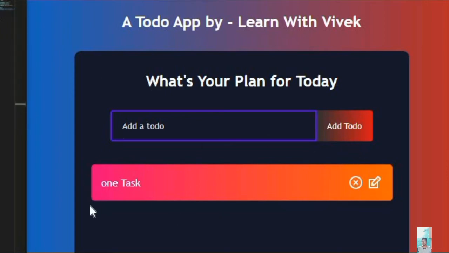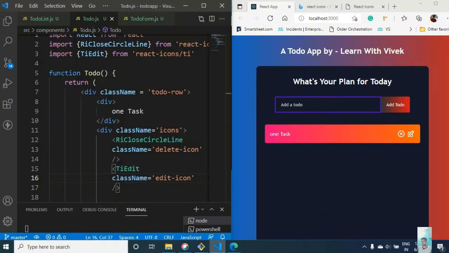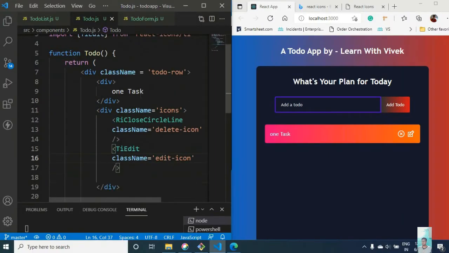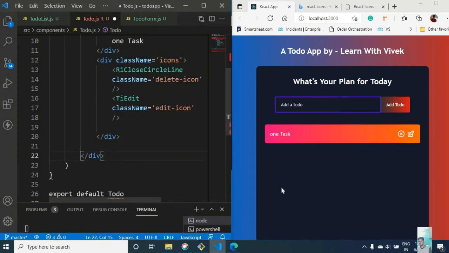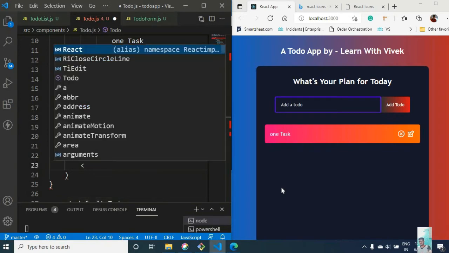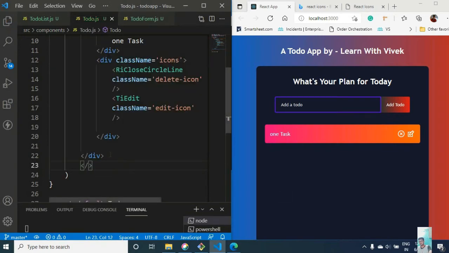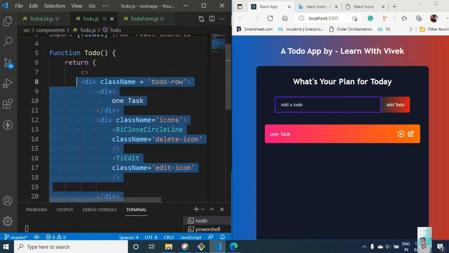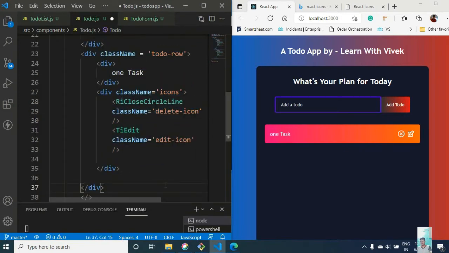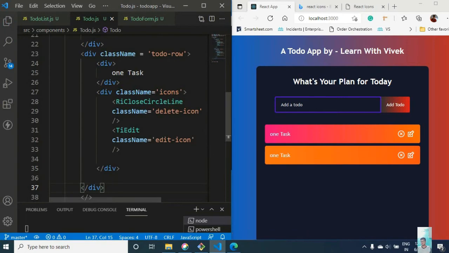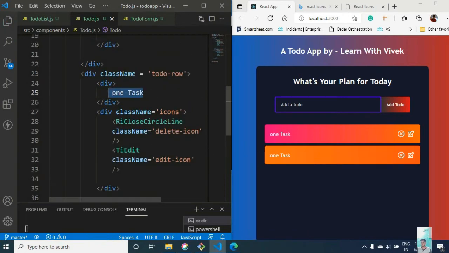So next we will add functionality. So we are writing this manually. Suppose I want to make one more to do. So what I will do is, let me put it here. So this is actually a to do row. I will make this one so that I can call that div again and again. So I will copy this div and paste it below and save it. So one task again has come. We can change that to